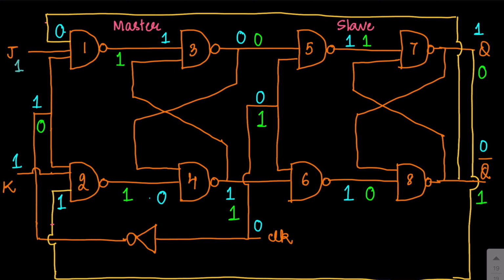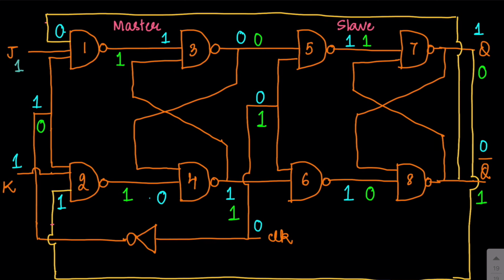If you just want to see quickly what will happen in that case, we can just go through this. Let's say originally the clock is equal to 0. In this case, my slave is inactive. So the input to the slave is clock equal to 0, which makes the output of the 5th and the 6th NAND gate to be 1, 1. Just look at the blue entries. The blue entries are actually for the clock equal to 0. So this is 1, 1, which keeps this NAND based latch in the previous state. Let us assume the previous state right now is Q equal to 1 and Q bar equal to 0. So it will remain in this state only.